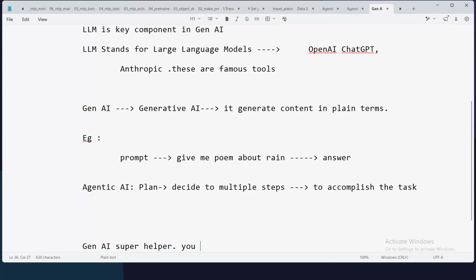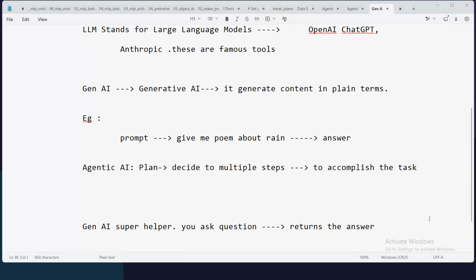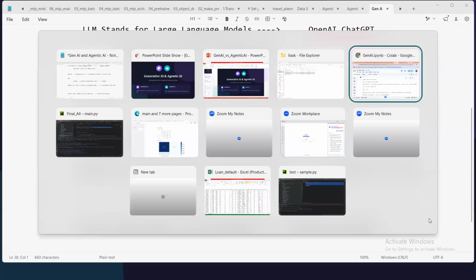You ask a question, it returns the answer, which we have seen here. In this coding example, here,